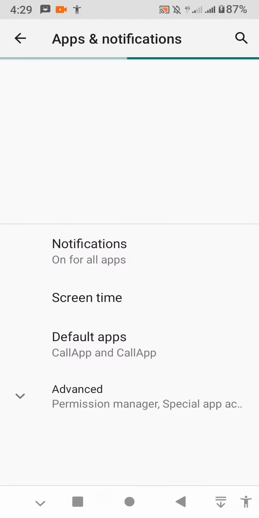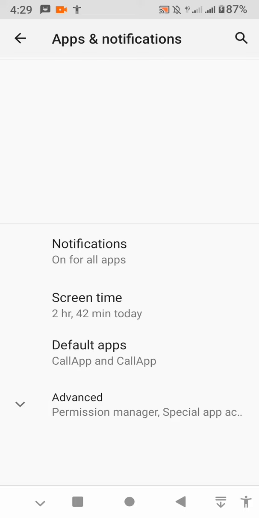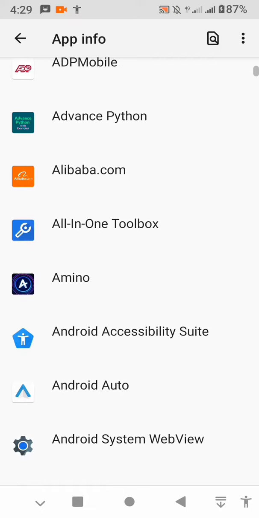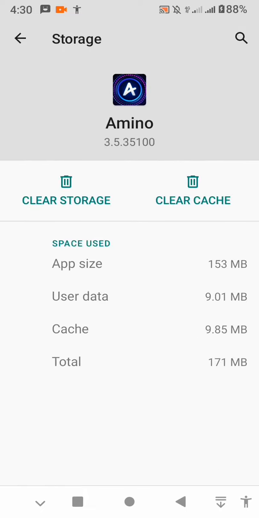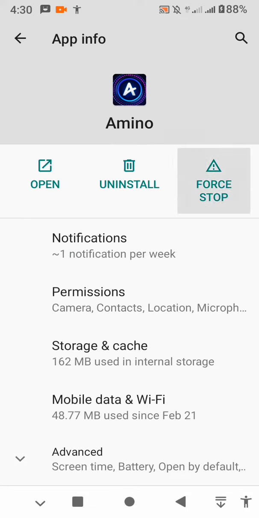After that, what you have to do when you get to this section is to tap on See Your Apps. So after tapping on See Your Apps, try to search for Amino App, then you tap on it. After that, tap on Storage and Cache, tap on the Clear Cache, go back, tap on Force Stop, tap on